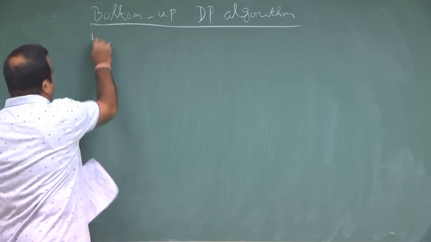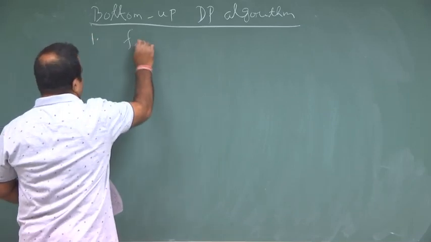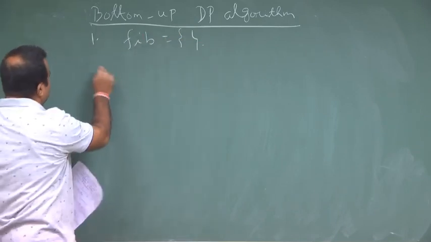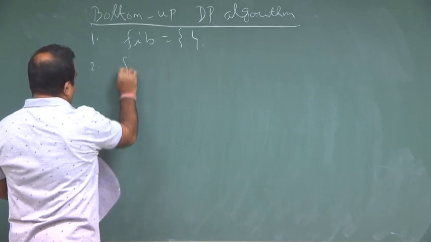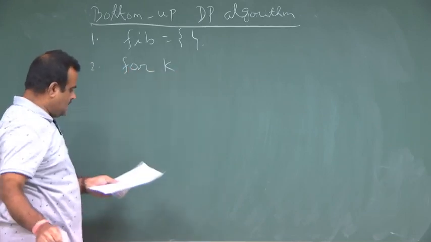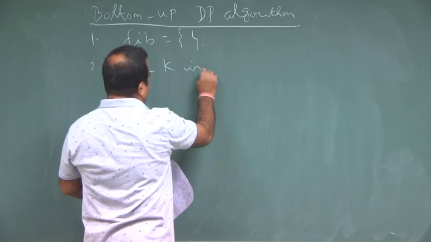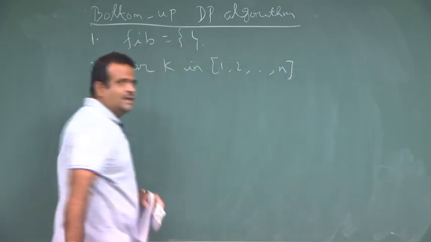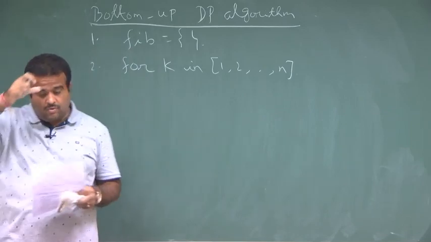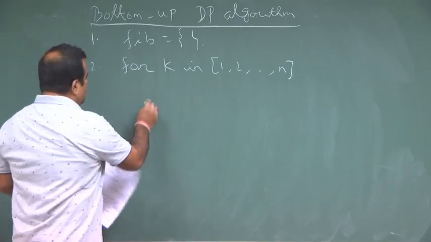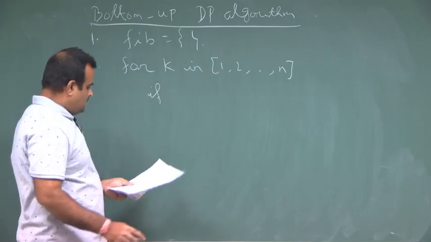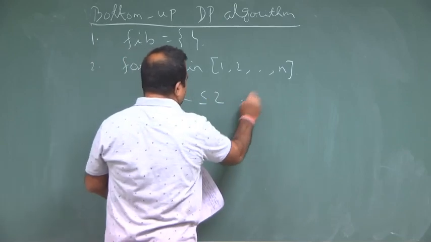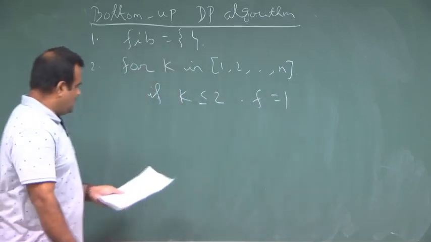So, what we are doing here, this is the code. We have this empty set. Now, for k in the range of k, the range of k is basically 1 to n. We are calculating f n, so our range is 1 to n. Now we have the recursive formula: if k is less than or equal to 2, f equals 1, else